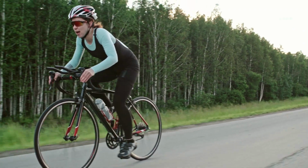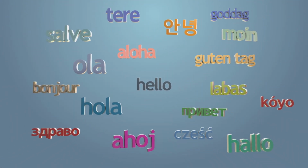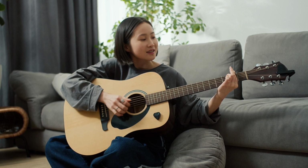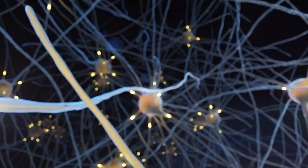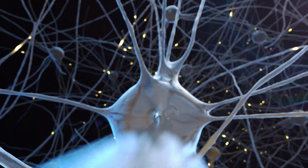Now to point number 5, cognitive training and social engagement. Activities that challenge our brain, like puzzles, learning a new language, or playing a musical instrument, along with maintaining a robust social network, can help keep your mind sharp. These activities promote neuroplasticity, which is the brain's ability to form new connections, which is crucial for maintaining cognitive function. A study published in the Proceedings of the National Academy of Sciences highlights the importance of social interaction